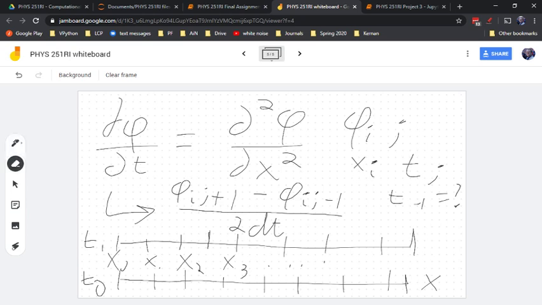So what we have to do, we have to make a little bit of a change to this. So what we're going to do instead is we're going to take only one step in time, right? So instead of going to a time before and a time after, we're going to keep the current time over here. In other words, we're only going to take a step of dt instead of a time of t. And that's going to avoid us having to worry about this whole time -1 business, right? So we're going to put a no sign over that. That's not allowed. Right? And so with this structure set up, I can solve for phi i j plus 1